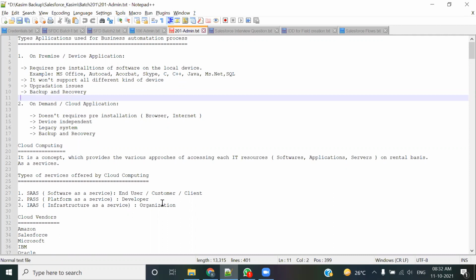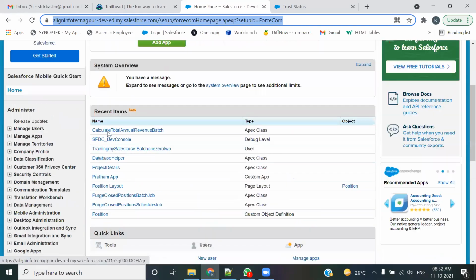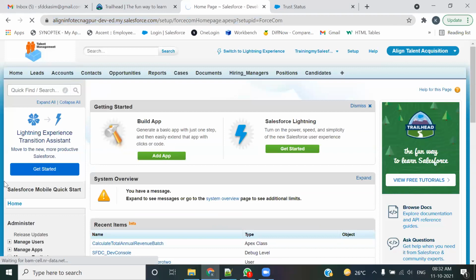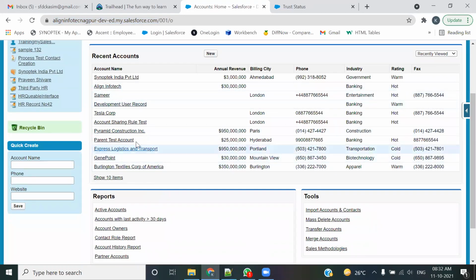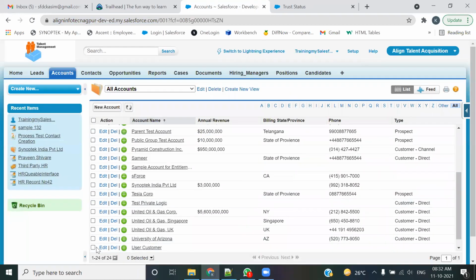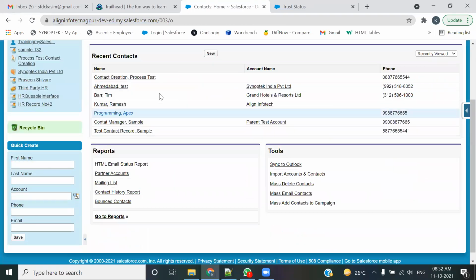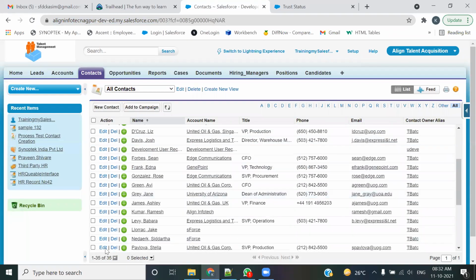If something bad happens to my laptop, तो मुझे इसको, this data whatever is stored, let me show you something. यहाँ पे जितना भी data, for example, if I go to this particular tab, the accounts, these are the things that are present inside the accounts. I press this all accounts. I'm having these 24 records. If I go to the contacts and click on all contacts, let's see what happens. So I'm having 35 contacts with this.